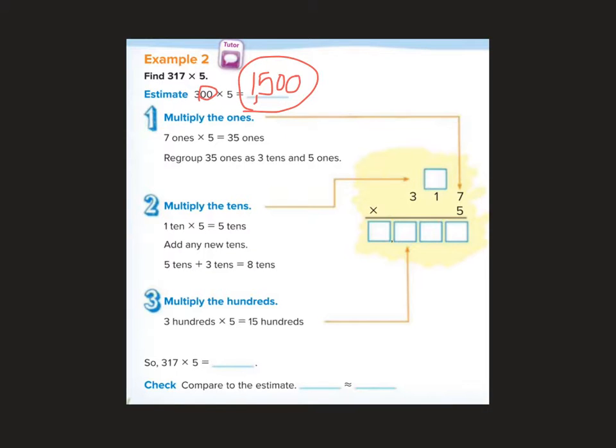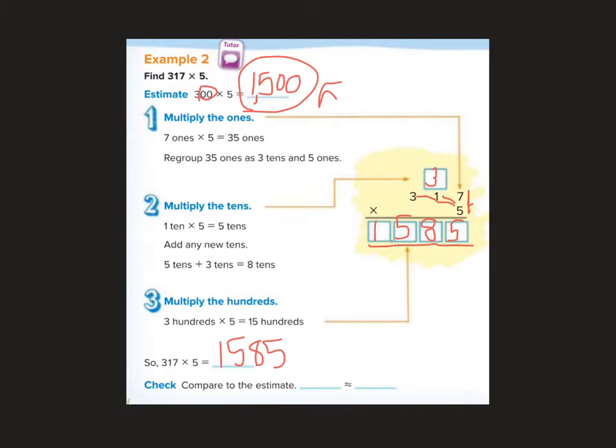So here we go. Let's multiply it out. 7 times 5 is 35. 5 times 1 is 5, plus 3 more is 8. 5 times 3 is 15. So we got an answer of 1,585, which is really close to our estimate of 1,500. So then our answer is